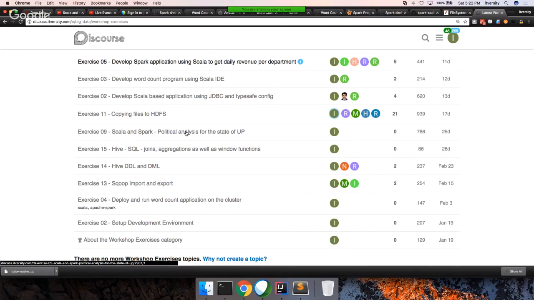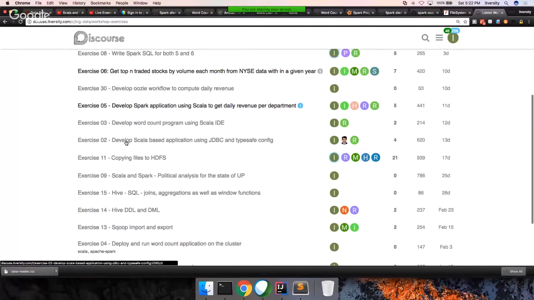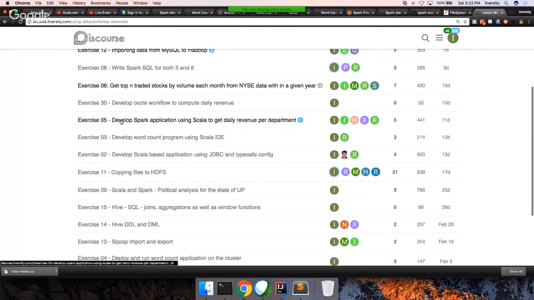One interesting one is political analysis for the state of UP. Another one is develop Scala based application using JDBC and TypeSafe config. Another one is develop word count program using Scala IDE. Develop Spark application using Scala to get daily revenue per department, where you have to join 5 tables to get